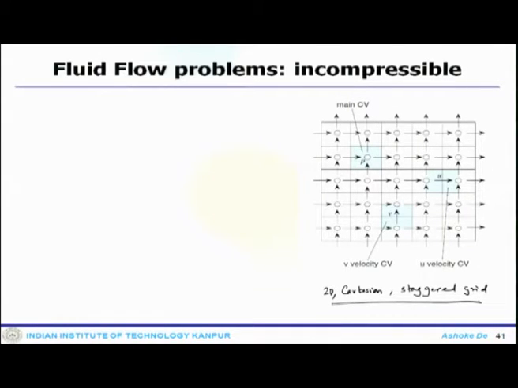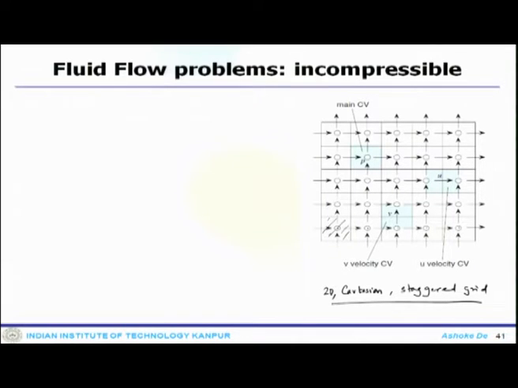So, we first looked at one dimensional. One dimensional was nothing but a special case if you take any of these rows where you have only u, and now we come back to this. As you can see, since it is a staggered grid arrangement, all my pressures are stored inside the cell center. So, these are the control volumes which are going to be considered for pressure.